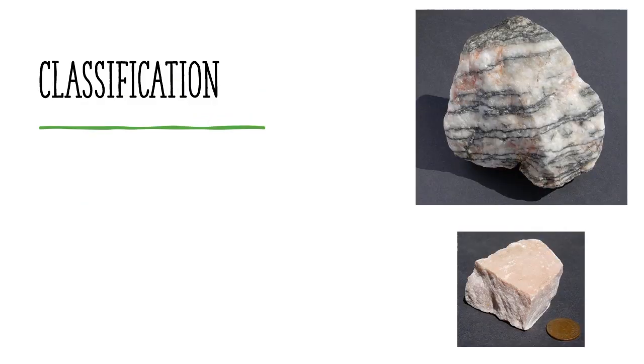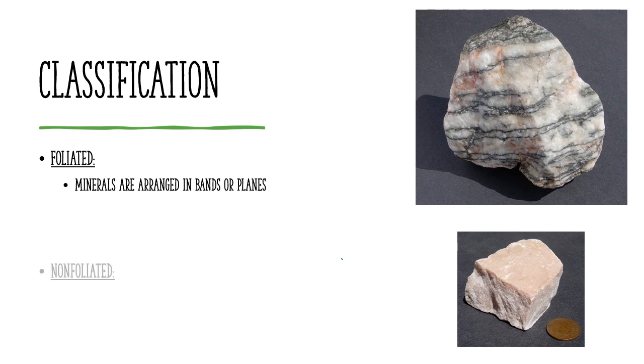All right, metamorphic rocks are classified. You can kind of look over here and see for yourself. They're either classified as what we call foliated or non-foliated. So foliated means that they are layered in some way, and then non-foliated, they are not layered in some way. So this is a very layered rock right here. This is gneiss,